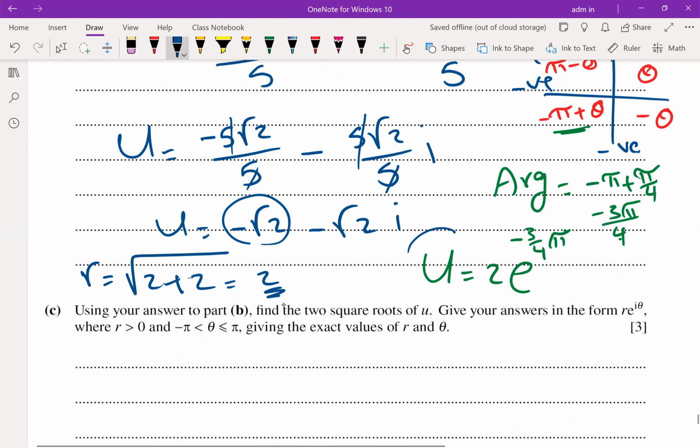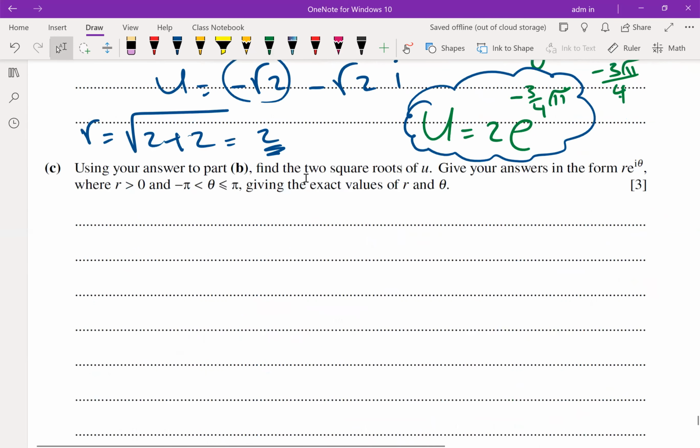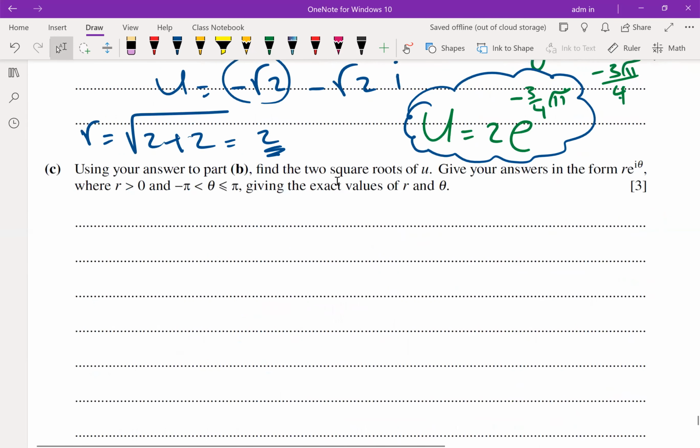This complex number is written in polar form, argument form. He asked to write it in trigonometric form. This is the final answer. Using your answer to part B, find the 2 square roots of u. Give your answers in the form of r e to the power of i theta, where r is more than 0 and theta is between negative